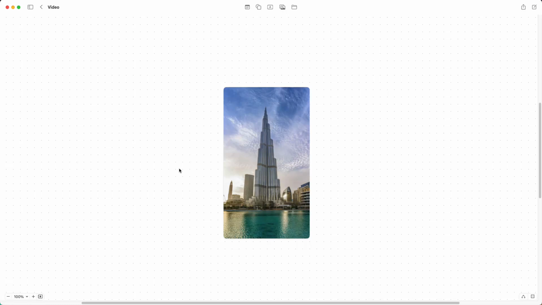In this video, I will show you how to rotate an image within Freeform. I will explain how to do this on your MacBook as well as on your iPhone. So let's get started. First, on your MacBook, you need to select the image, and as you can see, once